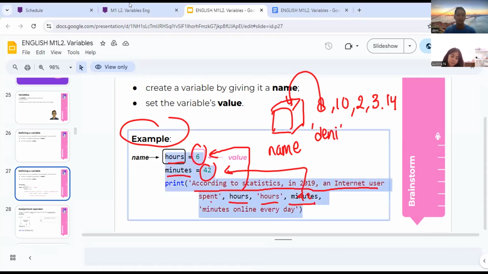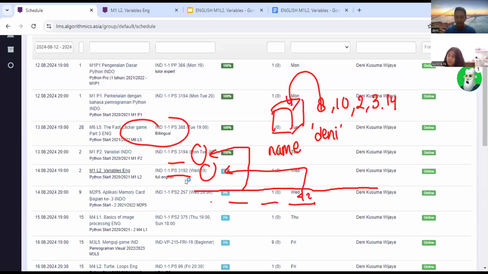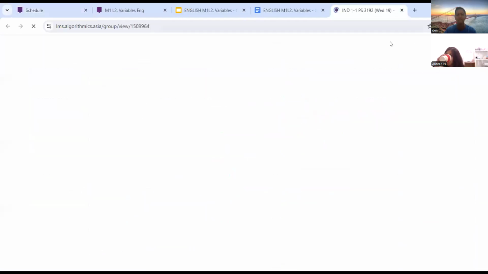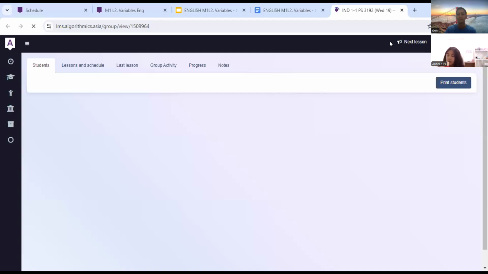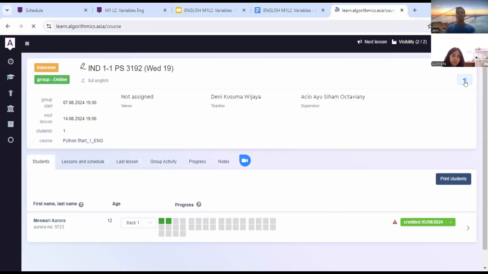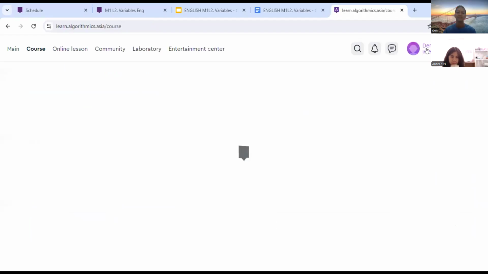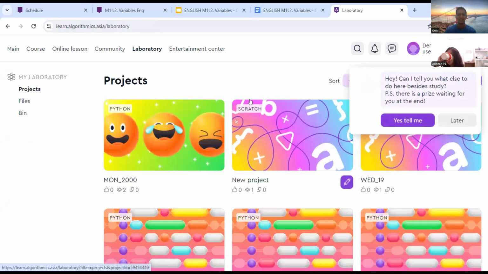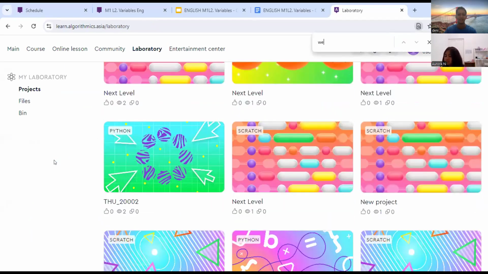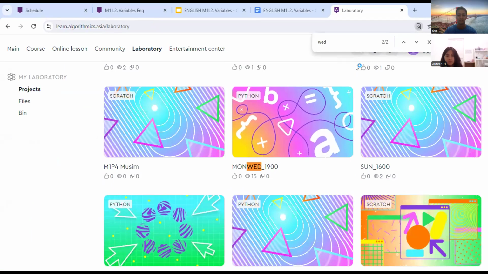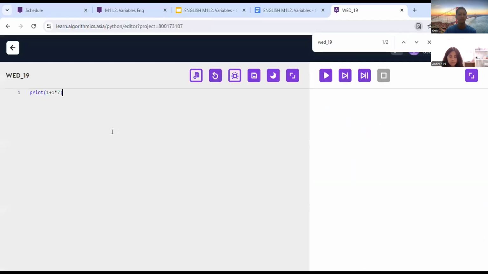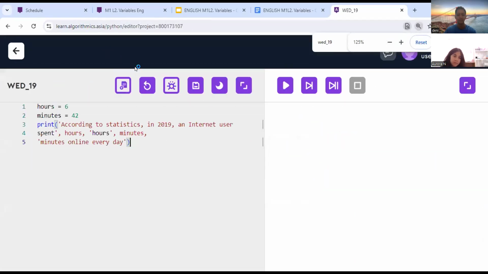Okay, I will try to run it. Can you see it?